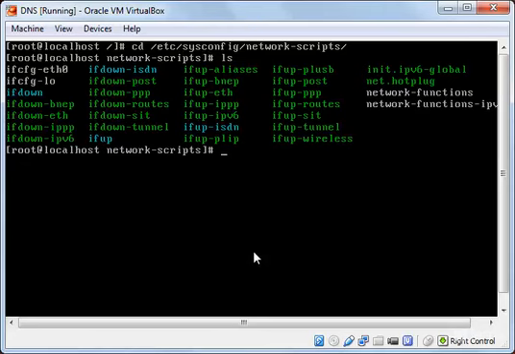Now for each network interface there is a corresponding interface configuration script. Each of these files provides information specific to a particular network interface. As you can see, here are the files. You see this file here,